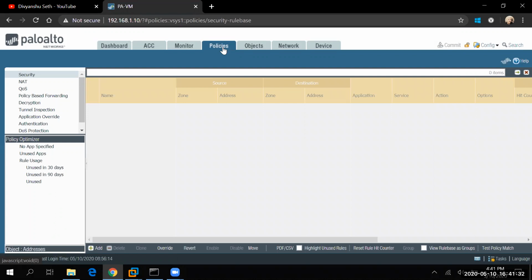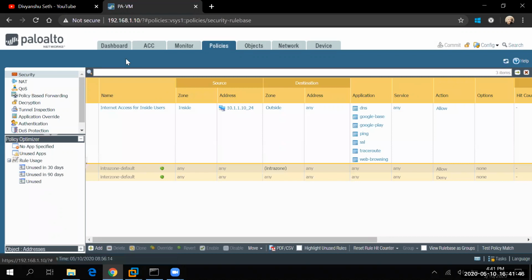This is the Policy tab. Here in the Security portion, we are going to create the ACLs, for which we use the term security policy. In Cisco, we use the term ACL. Here we use the term security policy.